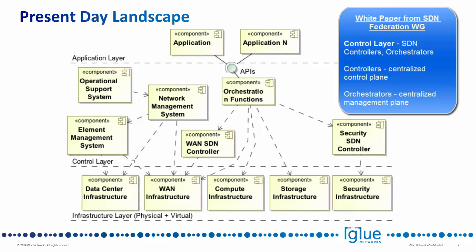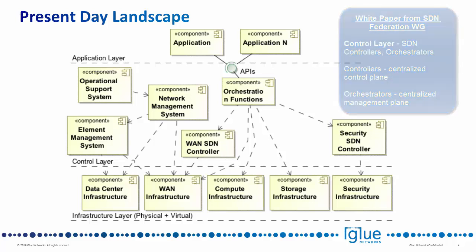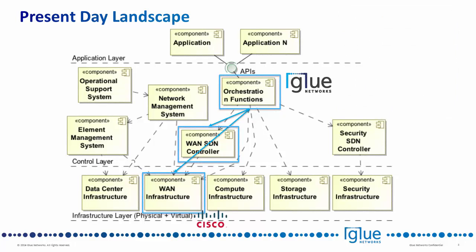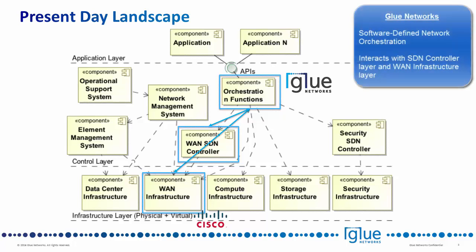SDN controllers are beginning to emerge, providing centralized control plane and other functions like network discovery. Orchestration functions are also becoming available, enabling centralized management functions for provisioning, configuration, and lifecycle management of the infrastructure layer components and network services. For this demonstration, Glue Network's orchestration platform called Gluware will be used to orchestrate a WAN